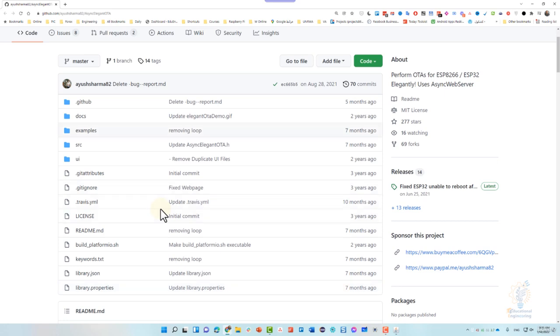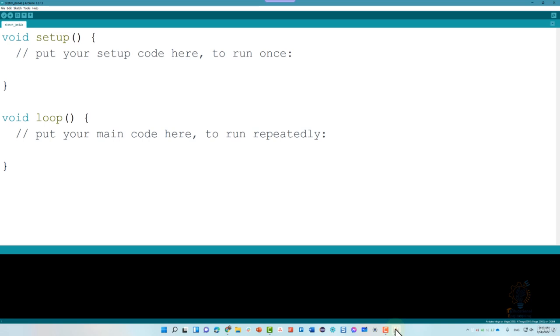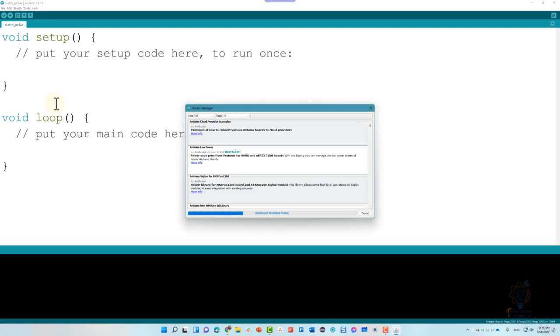Now, we will use this library and I will show you how you can easily install it into your Arduino IDE. Now, this is the Arduino IDE. The first thing that you need to do is to go to the Libraries Manager. So go to the Tools menu, Manage Libraries. In here, you need to install a few libraries, not just the Elegant OTA. So let's start by searching for the Async